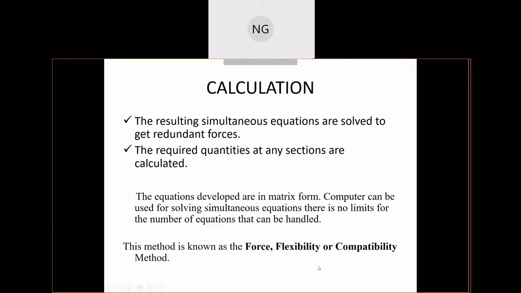In this method, forces are the unknowns. In the flexibility matrix method, by knowing the displacement, we calculate the forces acting on a beam or member. Compatibility means that if n equations and n unknowns are there, it is very easy to solve. Therefore, we make a compatibility condition to calculate the forces on a member.